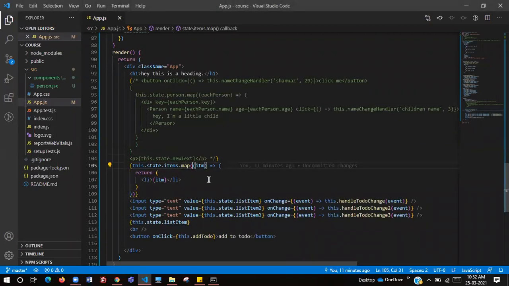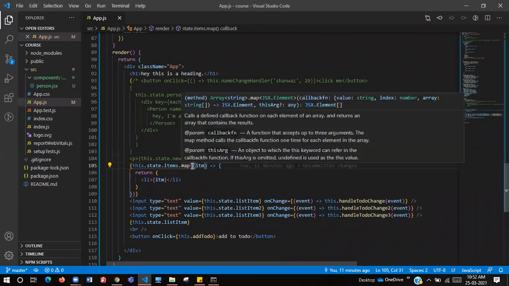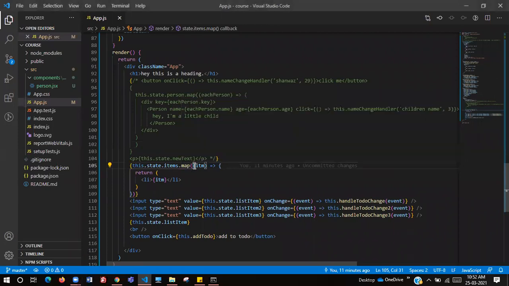So see, map here is one whole function. Inside that function, we are taking one parameter, and this again is another arrow function. So you are sending this item to this particular function, and then we are returning this particular HTML, this particular JSX. Okay. Sure. I'll change it.